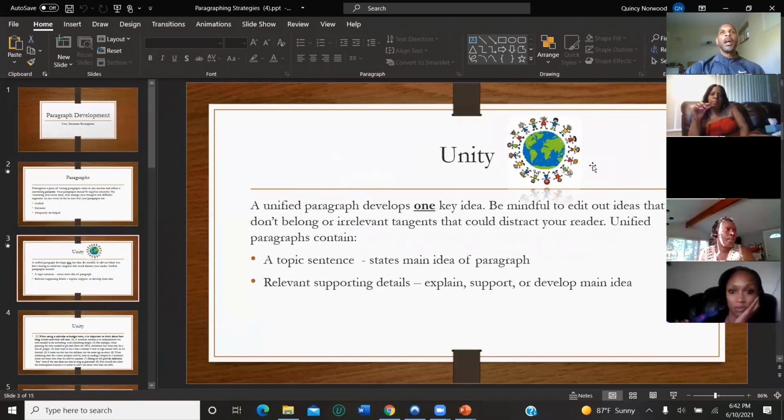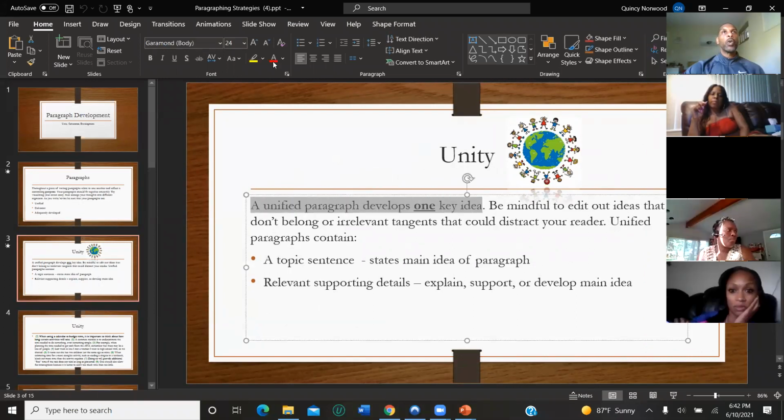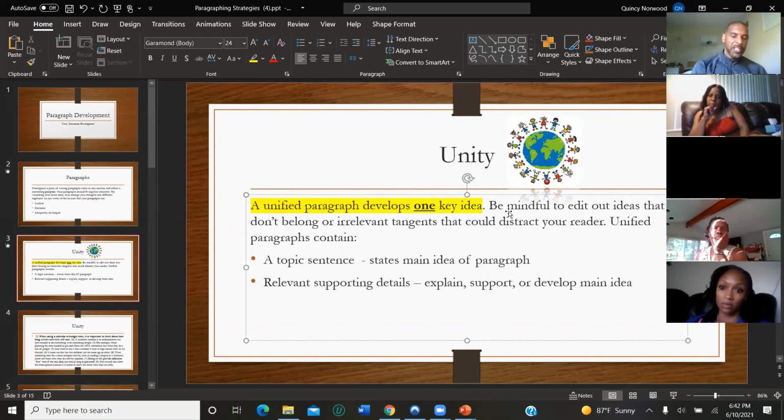Unity. A unified paragraph develops one key idea. That's it. Get rid of details or tangents that could distract your reader. In a narrative, like I was saying before, you may not have topic sentences.